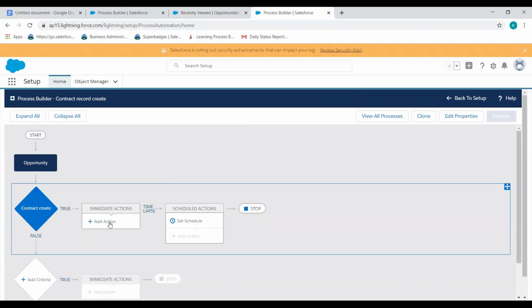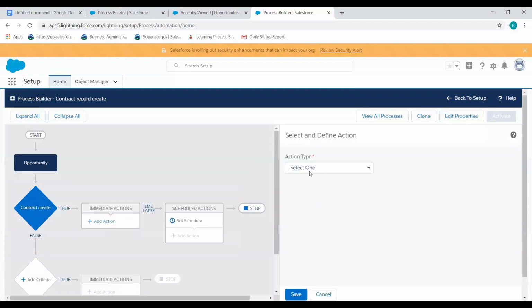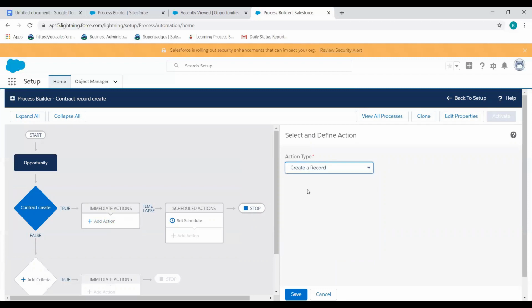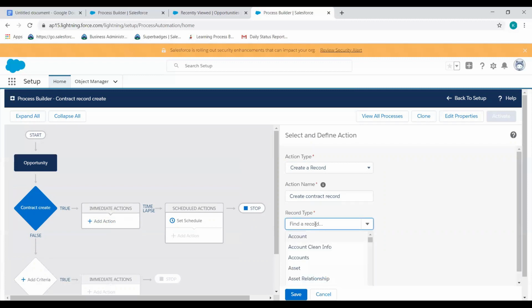Now it's time to perform some action. You can choose your action type from here. We will perform the create a record action. Here is the record type. We will choose contact because we want to create a contact record.